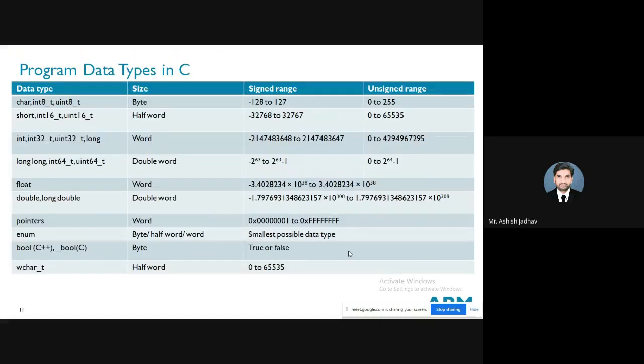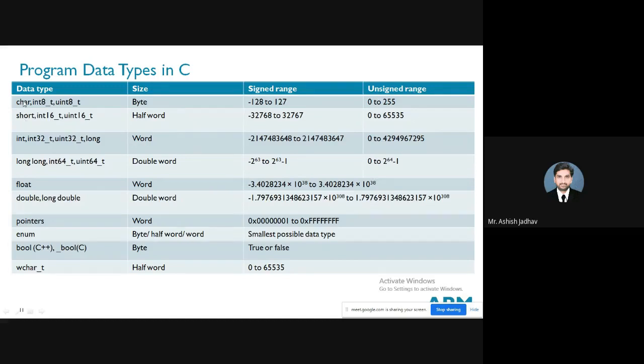Right, so these are the basic data types in C. I have prepared this table in which on the left hand side you can see data types. Then we have the size, right? When I want to define a data type, what size it corresponds to, then the signed range, which means what range the data type can take, and the unsigned range, right?